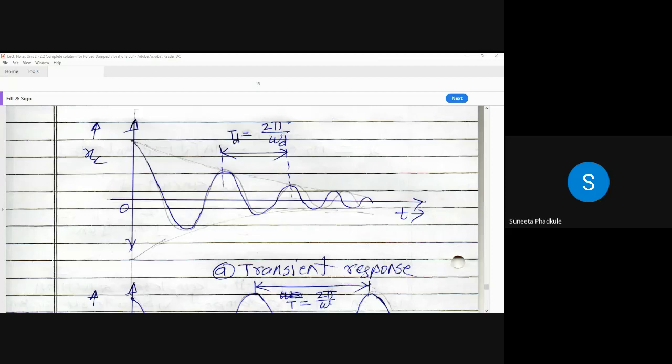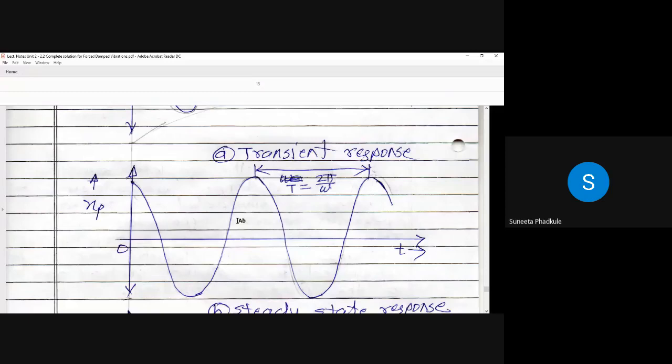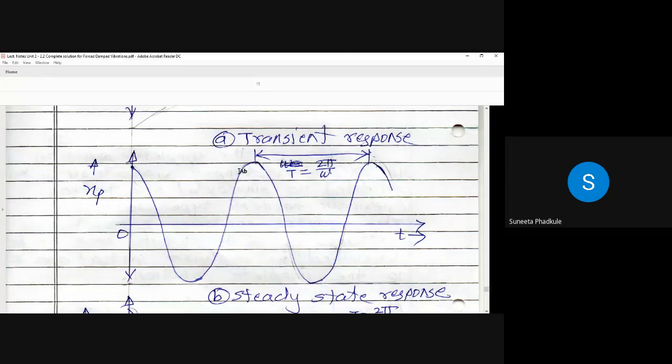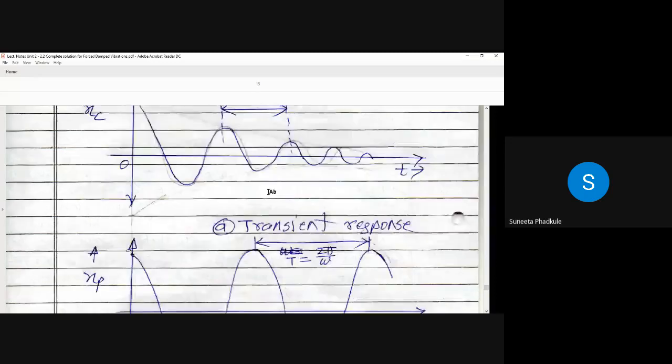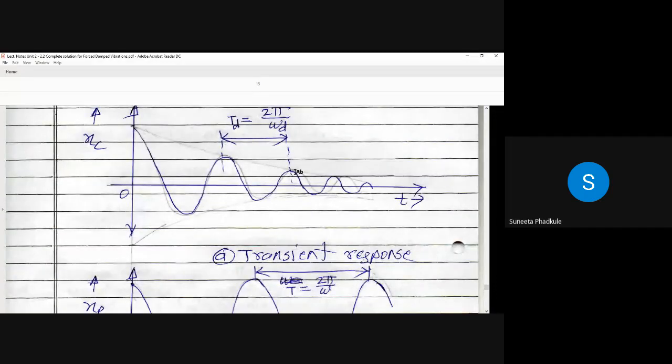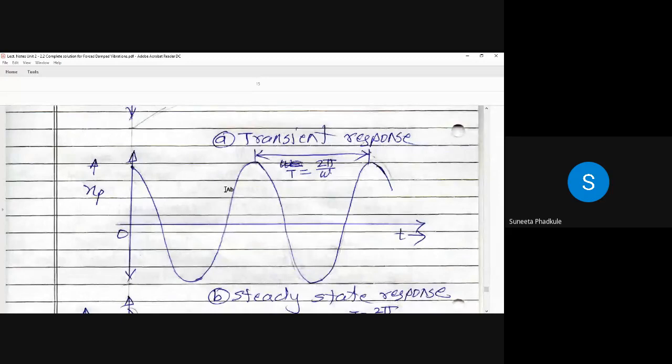Okay, I will answer. Go to this diagram. Capital X. So this is the steady state amplitude. If I would not have provided the damping, the magnitude of the amplitude would have been greater than whatever is shown. If I provide the damping, this amplitude will reduce. So instead of this much height, I can get a smaller height if I provide the damping. More damping, less height. Less damping, more height.